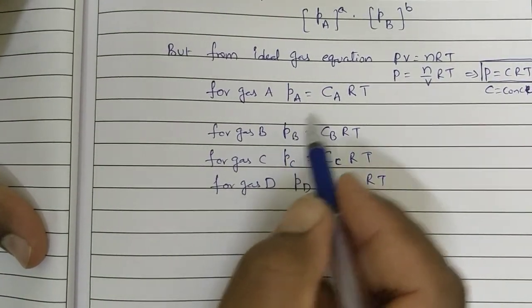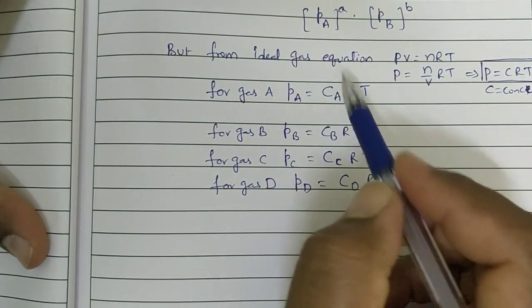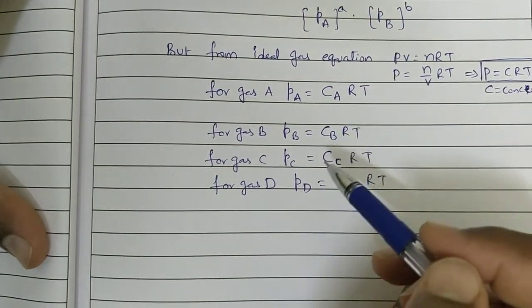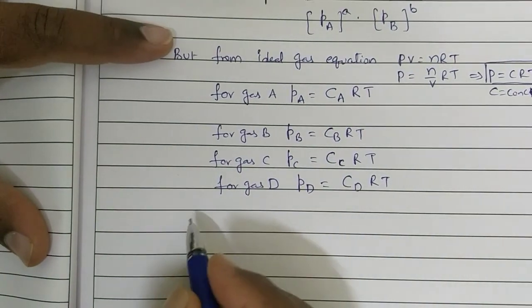Substitute these values here. PA is equal to CA into RT here. PB is equal to CB into RT here. Like that PC. Correspondingly, substitute all these values in Kp. This implies